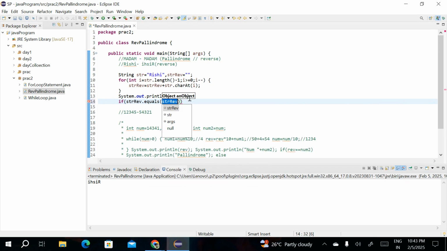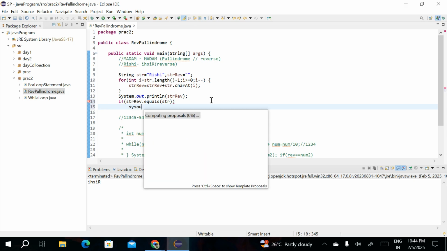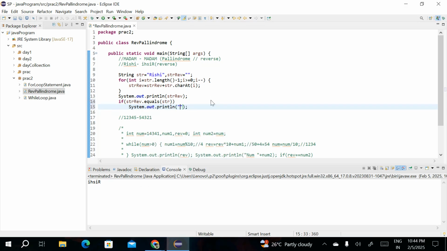The double equal operator is basically for reference or address comparison, but the dot equals method is for content comparison, in a single line answer. So if it matches, then sysout palindrome,